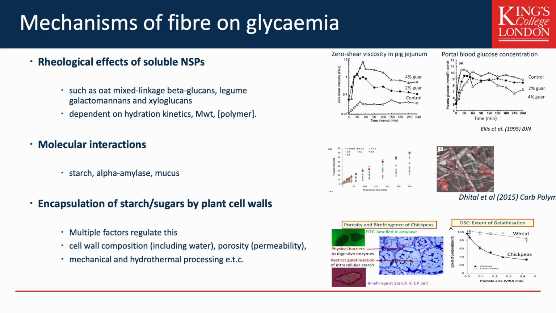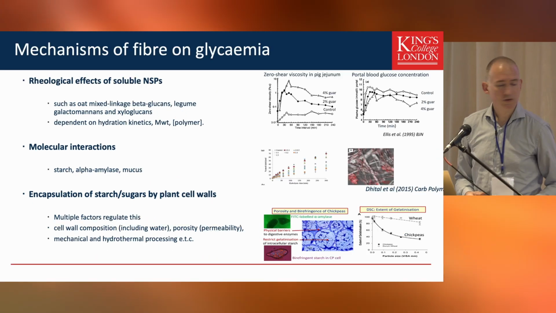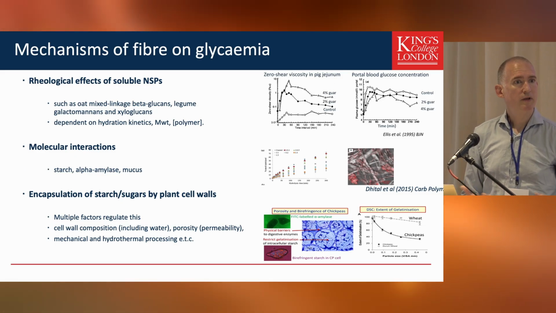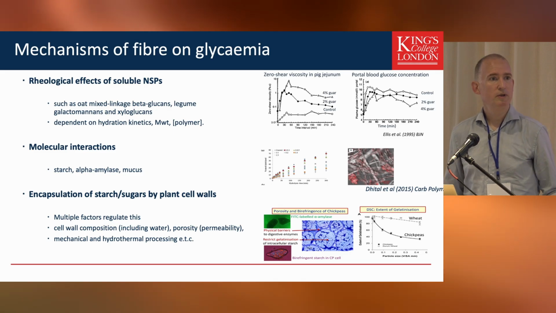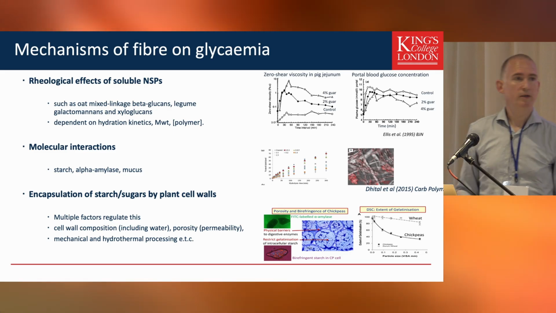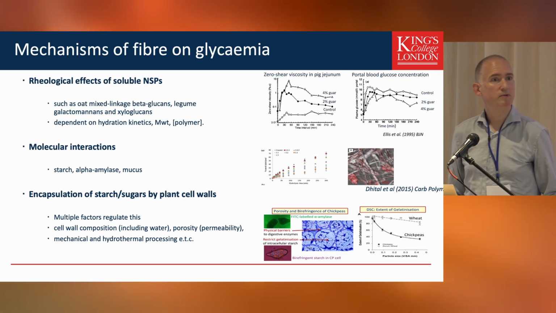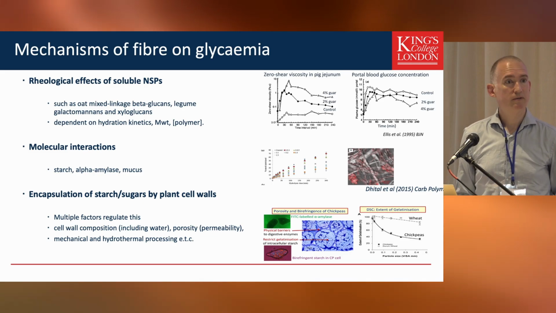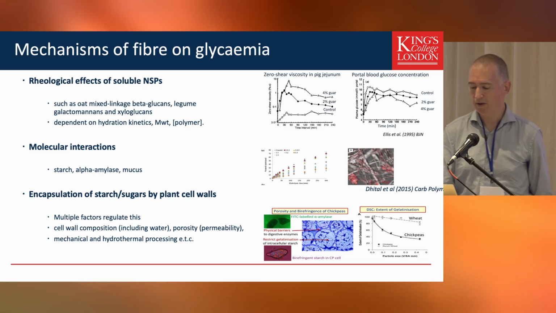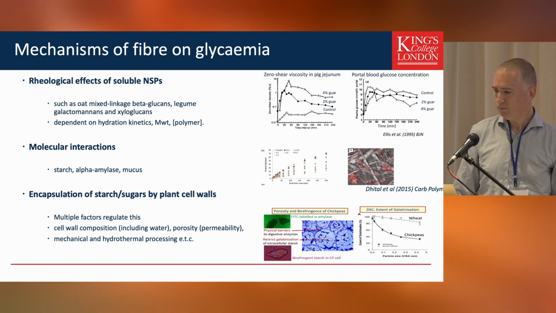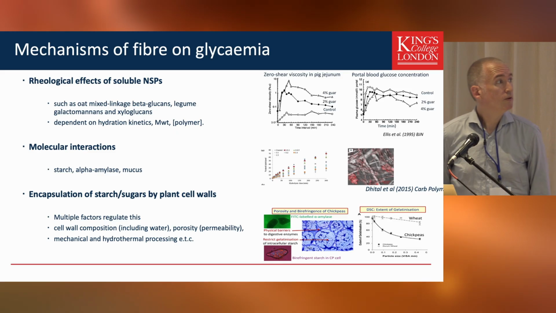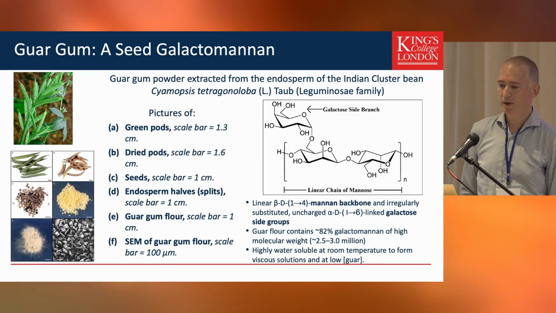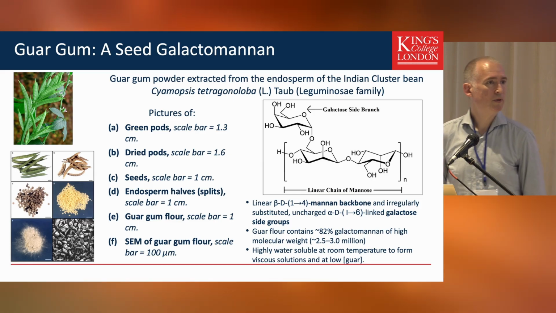And then there are intrinsic structures in terms of the matrix of the plants. So encapsulation, if you can maintain the structure of the cell walls. Marianne already talked about that in wheat. Last time I spoke about this in terms of our novel chickpea powder, which I'll talk about a bit more, and how this can significantly regulate rates of digestion and absorption. So Peter Ellis's favourite molecular structures, so galactomannans from guar gum.